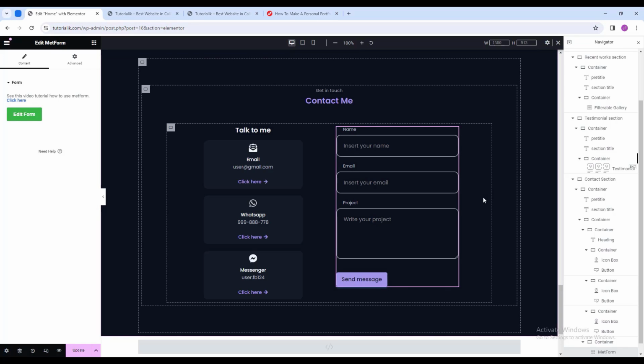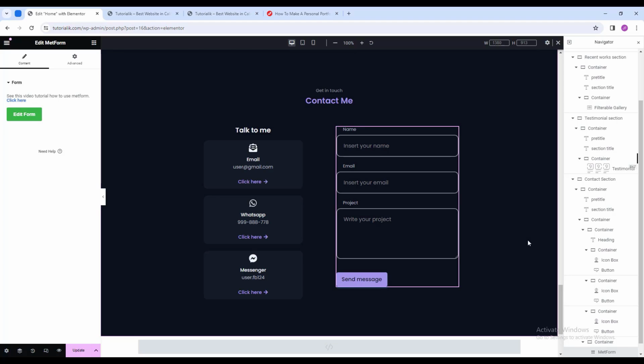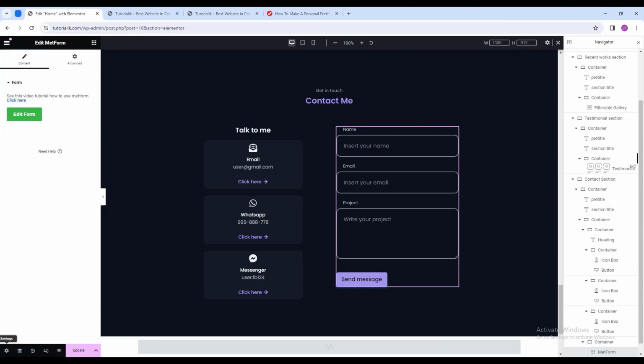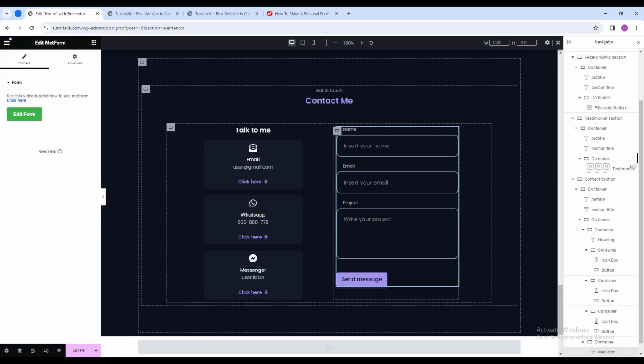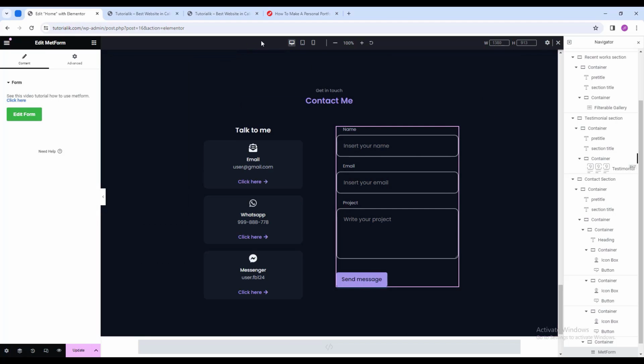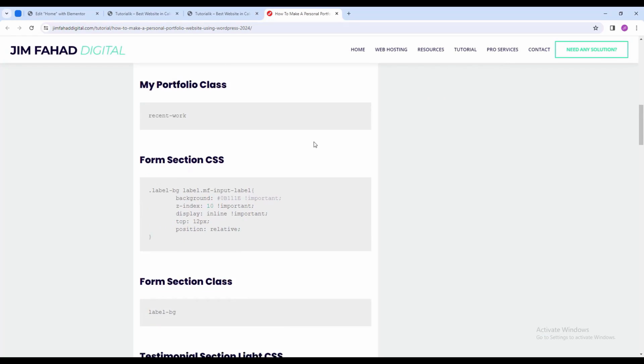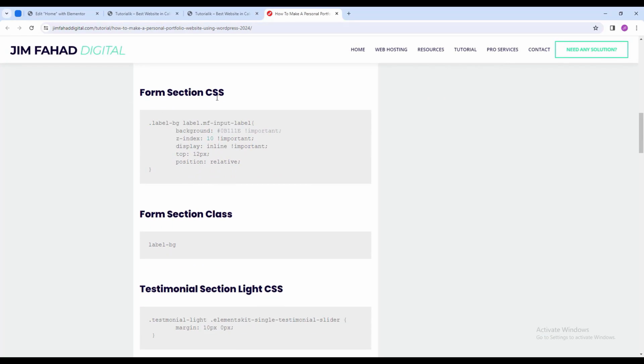Now the form will load. Now as you can see our form is loaded here. So now I have just added some simple custom CSS to simply tweak this contact form. So I will show you how you can easily add the custom CSS. So let's go back to the site where all the CSS code is there. You can scroll down here under the form section CSS, just copy the whole code,